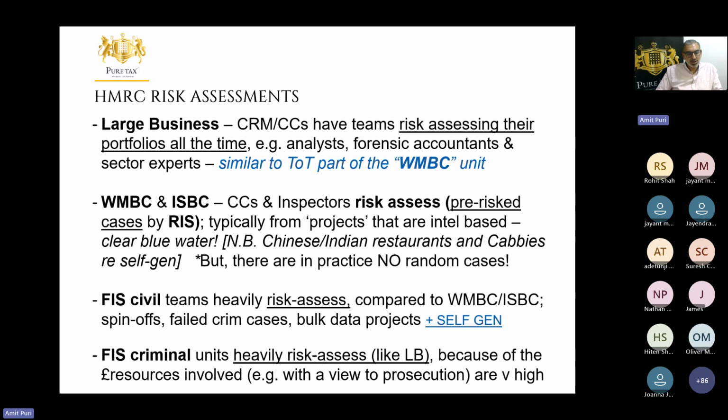So when I say Chinese restaurants, Indian restaurants and cabbies, for example, it's because that was outlawed effectively a long time ago. When I started in 2004, I was told how they used to run cases and find them in the local areas, used to be called district offices. They're not allowed to do that anymore, right? So the idea of RIS was that the part of HMRC that selects cases from a risk base are not the people that then run them.